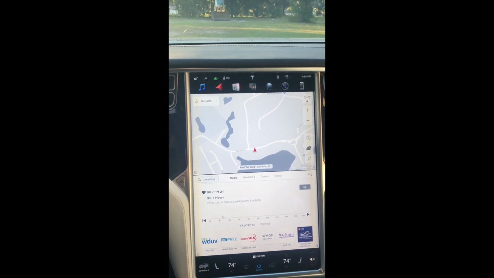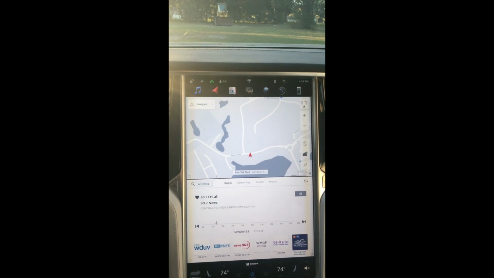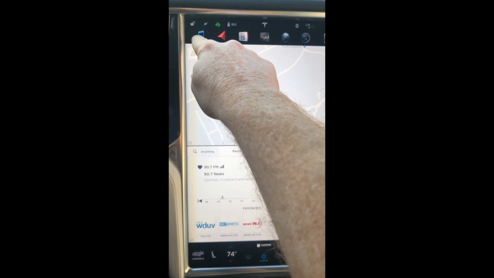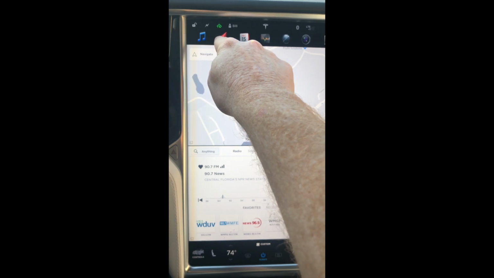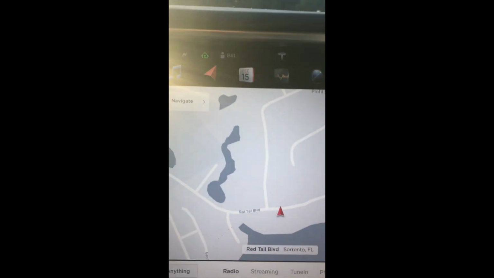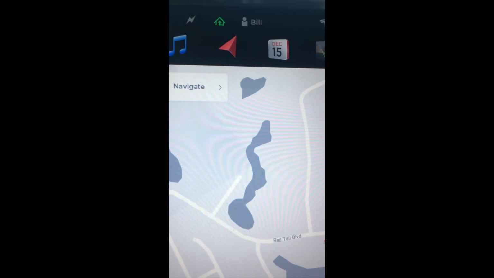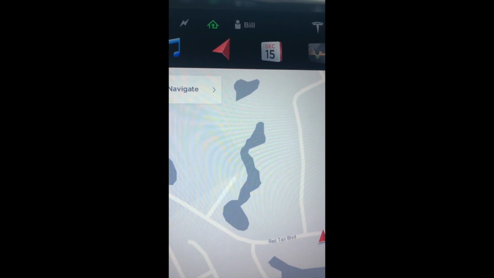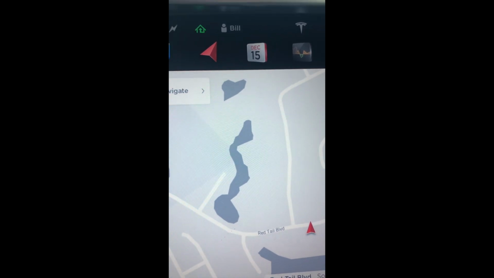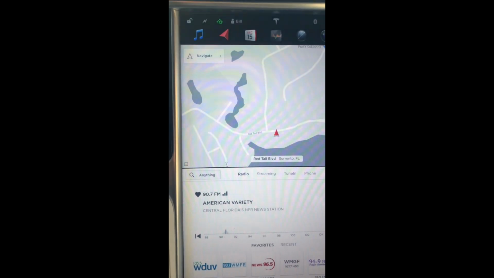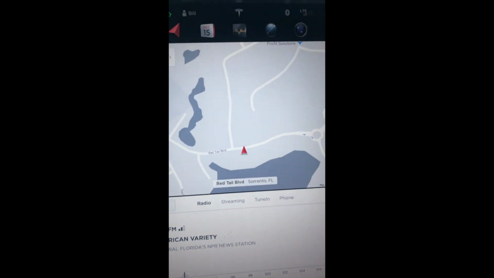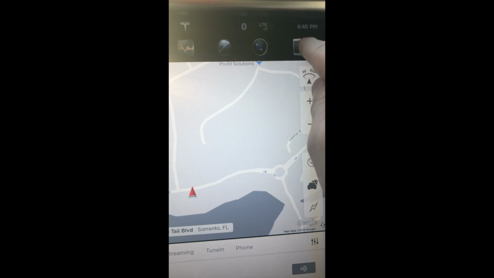So you got what they call app icons at the top, starting with the radio or media player, navigation, a calendar. One of the things I really like about the calendar is that it really shows the date, and it shows you this is December 15th, and in version 9 they've taken away that. Energy next, and the web browser,